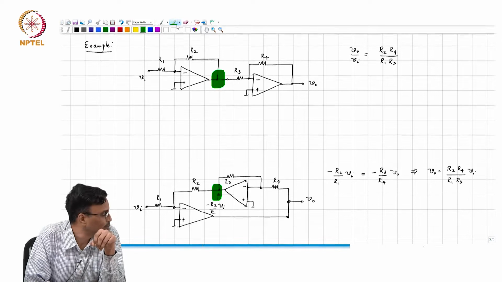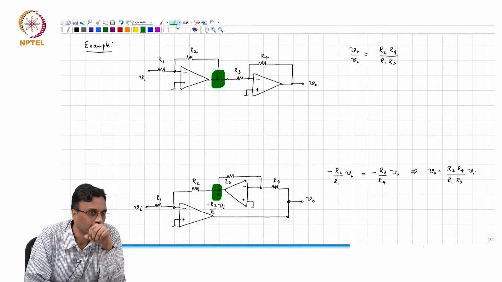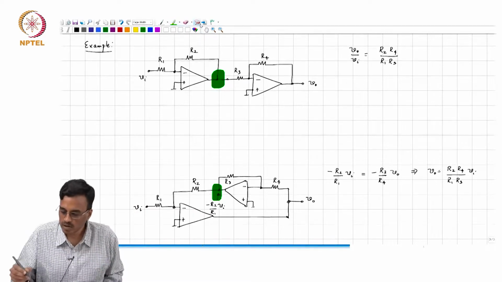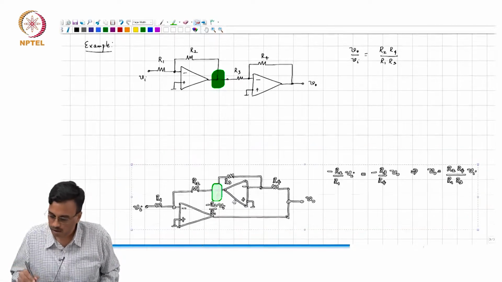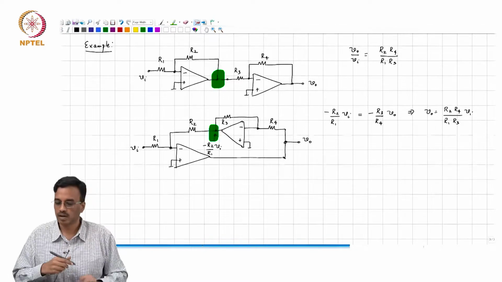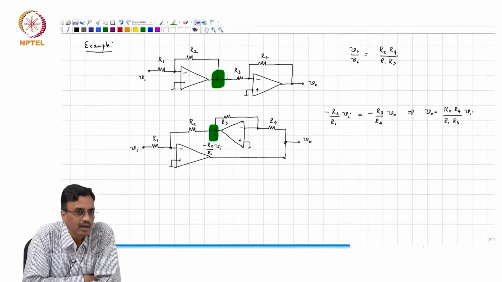Okay, we'll see that when we learn about filters a little down the road. Is this clear? Right? So that is one application of the MNA stamp of an ideal op amp.